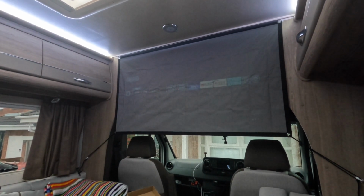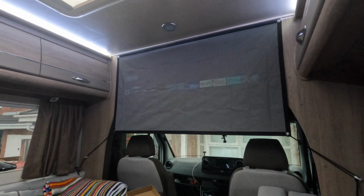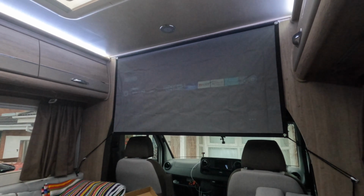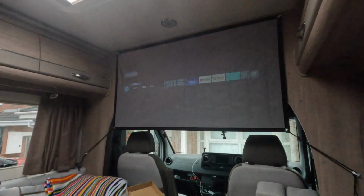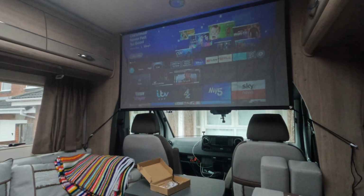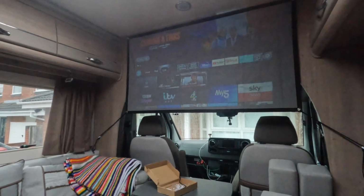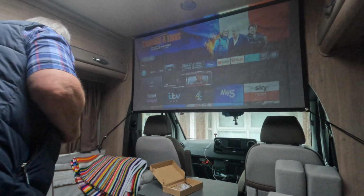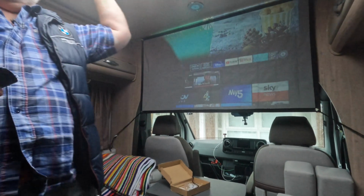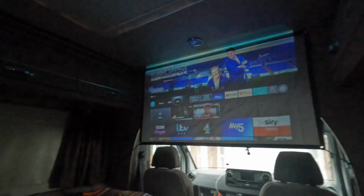Now we're pretty much working here with lights on, so I'll turn the LED lights off. It'll make filming a little bit less easy, but it is what it is. Oh, there we go. Right, if I draw some curtains, I'll pull this up and I'll pull this one up and I'll pull this one across. Alrighty,